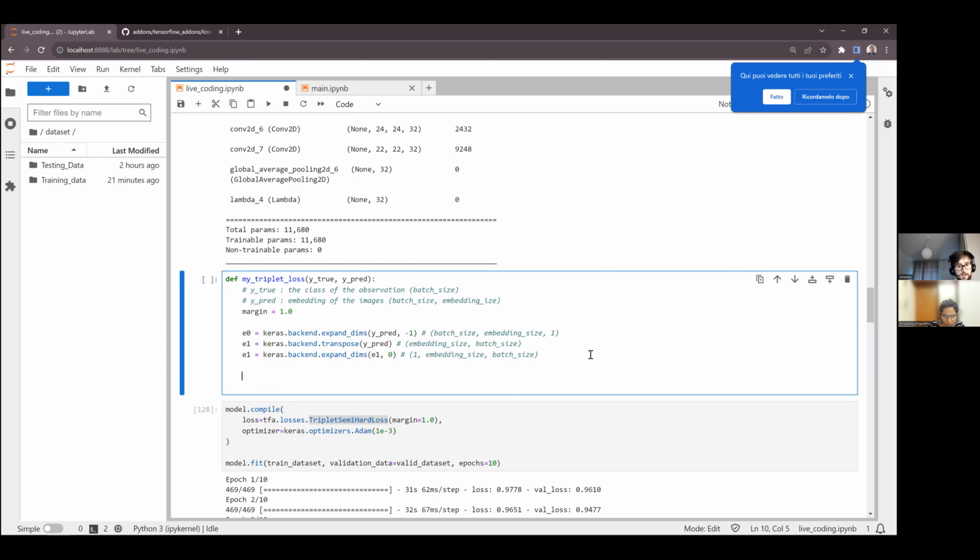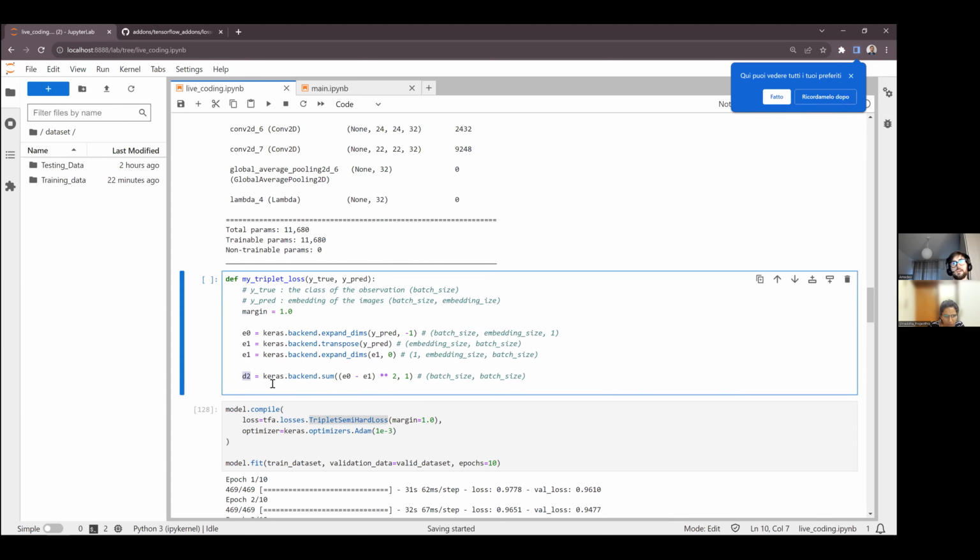And finally, I get the distance as the square of E0 minus E1, and then I have to sum across dimension 1. Okay, this will be of size batch size by batch size and represents the square of the Euclidean distance between all